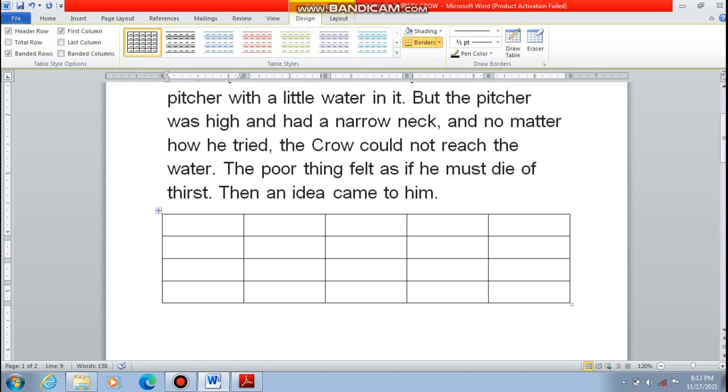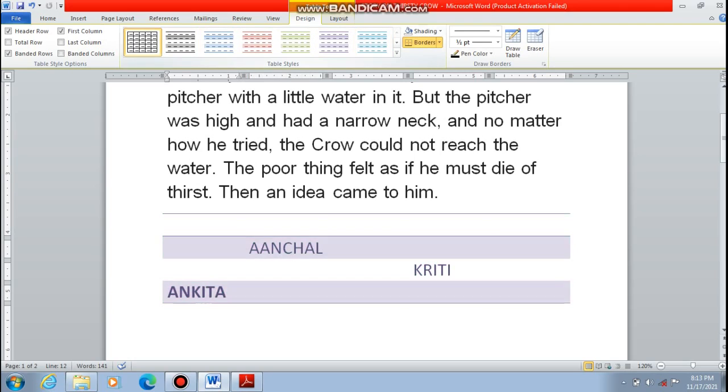Now while clicking on a cell, you can write anything in any cell. So I'm just writing my own name here. Okay, I just want something here, so I'm writing it here. As you can see, I just want to use different cells. I want to use different cells, so I'm using them. That is up to me how I use this. So this is how you can also insert a table into the Word document. From here you can change its style.